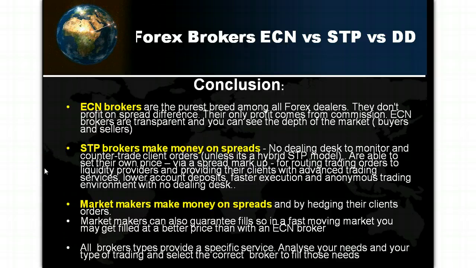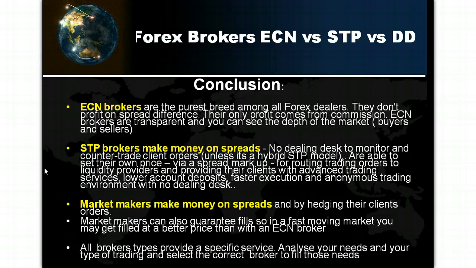So, in conclusion, ECN brokers are the purest of breed among all forex dealers. They don't profit on the spread difference, and their only profit comes from commissions. ECN brokers are very transparent, and as I mentioned, you can see the depth of the market, i.e. the buyers and the sellers, and the volumes that are going through. STP brokers make money on the spreads,